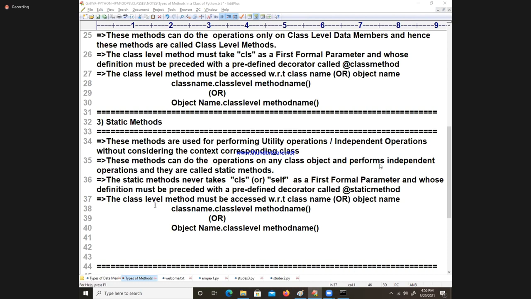It must be accessed with respect to the class name, preferably class name, and you can access with respect to the object name also. Class name dot static method name. Here I am writing object name dot static method name. I can write it. I hope that it is clear for you.